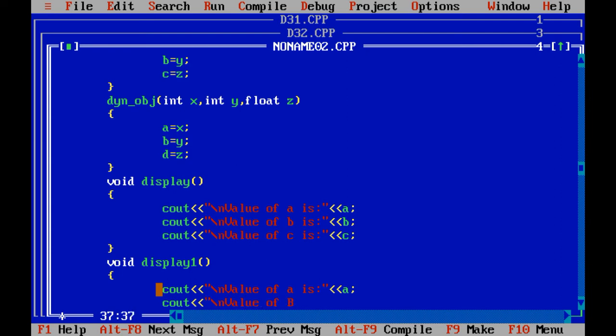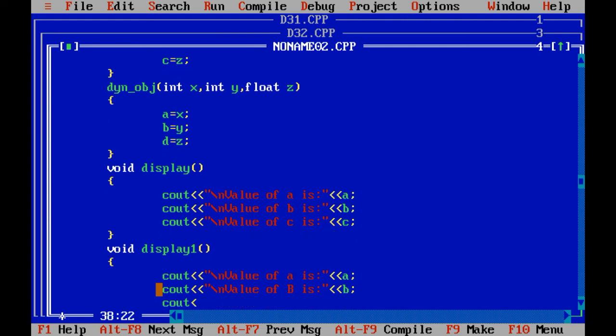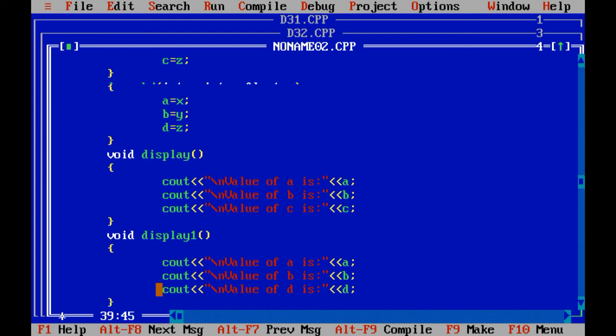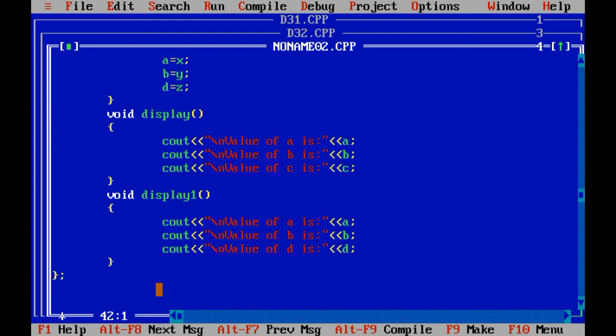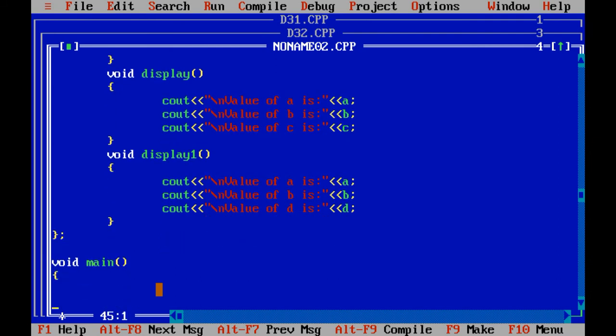Value of b is variable b and cout \n. Value of d is variable d.